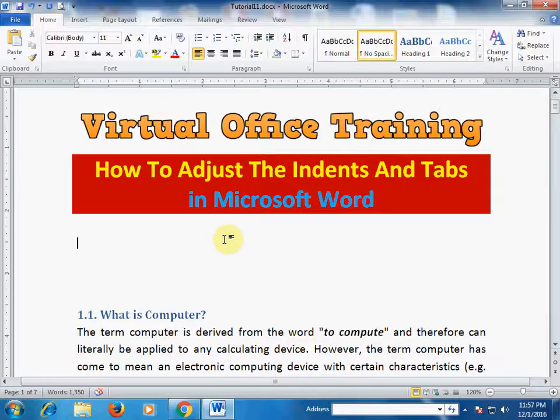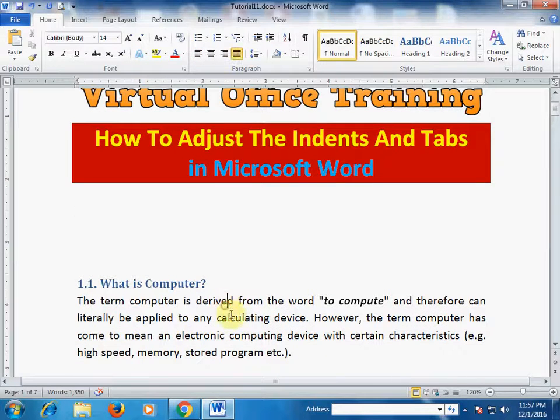Today we will learn how to adjust the indents and the tabs in Microsoft Word. What are indents and how do they work? Let's see. Here is a paragraph, and if you want some space in the first line of the paragraph, here is an indent,